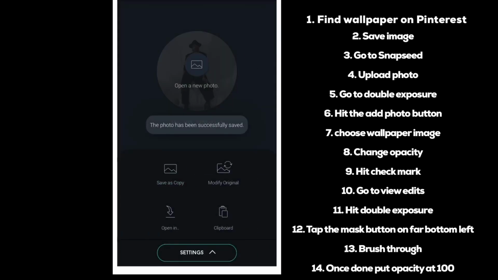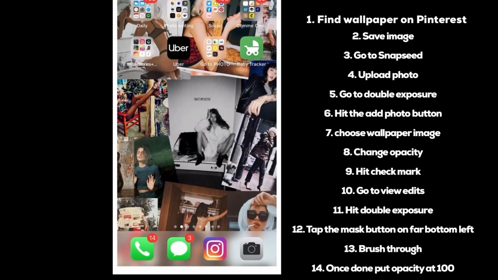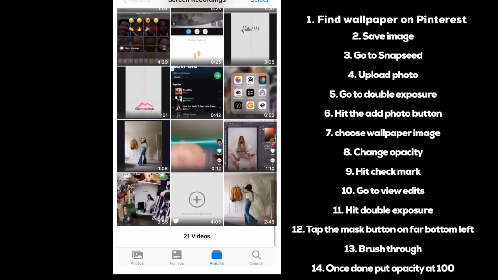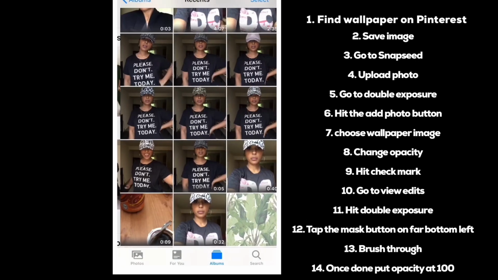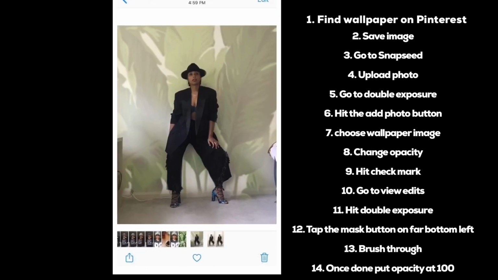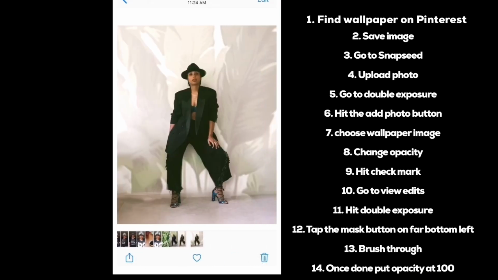Save as a copy because I don't want to ruin the original image, and boom, it is pretty much ready to be posted. And so that was the original. We went through and boom, all